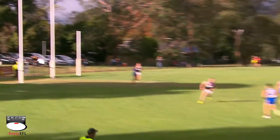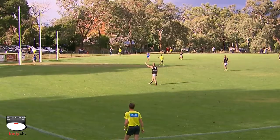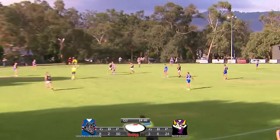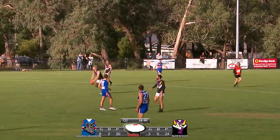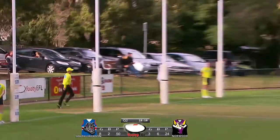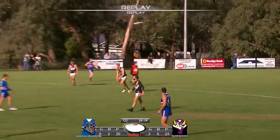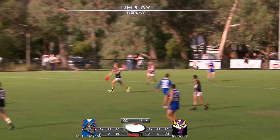Well, they're going to get a crack at a major here, as that kick out was a poor one and ends right up in the hands of Williams. That was drawn there, and well, they could quite clearly get their 4th of the afternoon if Williams kicks truly. He's in about a 10-degree angle, about 30 out. In comes the kick, and this time they make no mistakes. That's his 2nd goal of the afternoon, and Norwood's 4th. They are now 4-6-30, trailing 20 points of South Croydon 8-2-50, 18 minutes gone, 2nd term on the Bendigo Bank